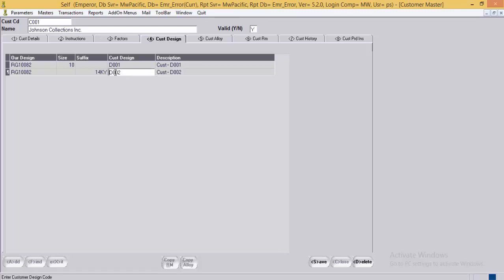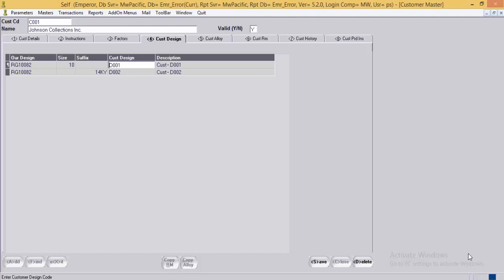With these details, the user will have the provision to print the customer's design code, that is his reference code, that is D001 or D002, on the reports submitted to customer C001.